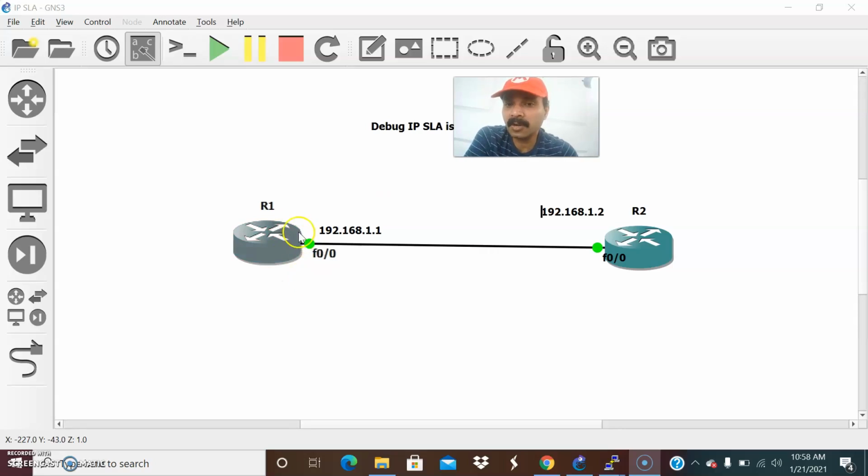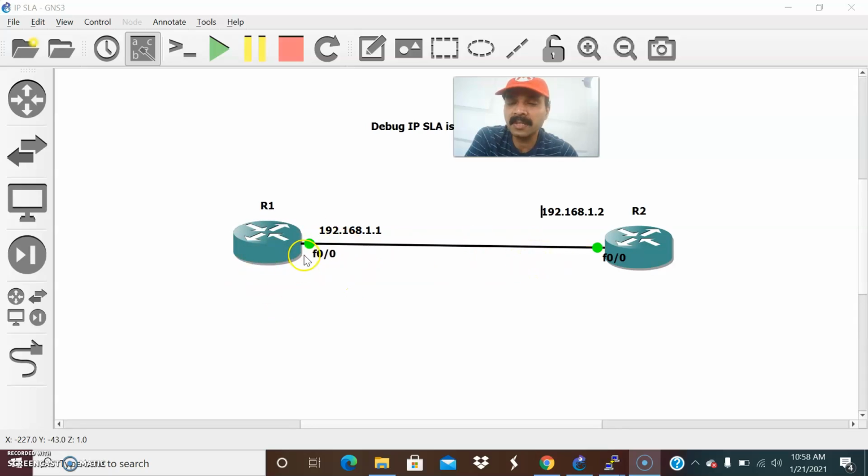So we'll go always R1 and R2. This is an architecture where I connect R1, R2 and 1.1 and 1.2. The R1 always will generate traffic; in this architecture, I generated ICMP echo traffic. Echo is nothing but it will send a ping and get a reply, right? ICMP echo request and echo reply. So it will generate the ICMP echo request and it will expect a reply from R2, that is a responder. Each and every time it will continuously send a ping request.